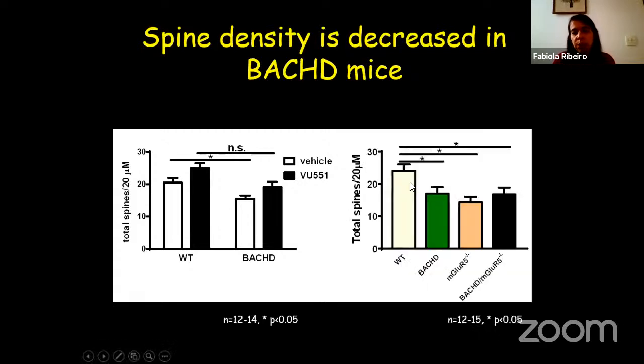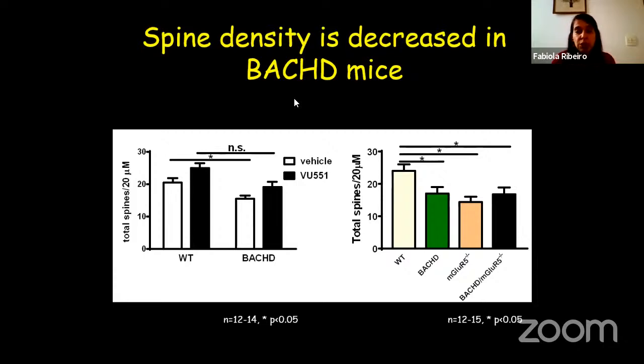Also, when we look into the number of spines in the cross mice, we can see that there's a decrease in the number of spines in BACHD, mGluR5 knockout, and double mutant. The decrease in the number of spines in mGluR5 knockout was quite a surprise to us. So the knockout of the receptor, here we have 12-month-old mice, can lead to a decrease in the number of spines, which was surprising to